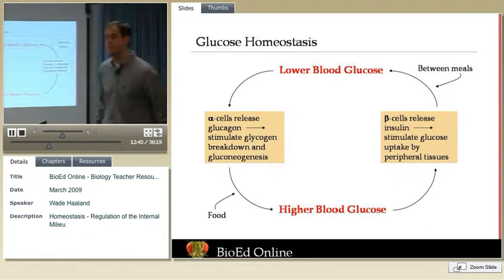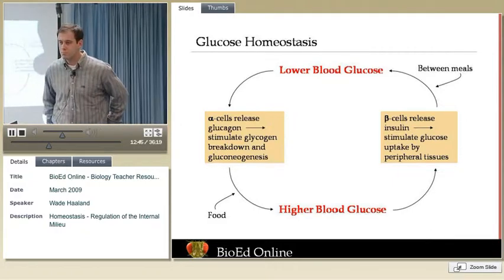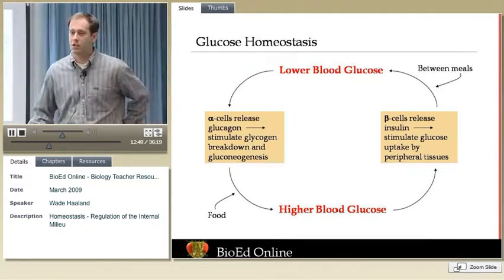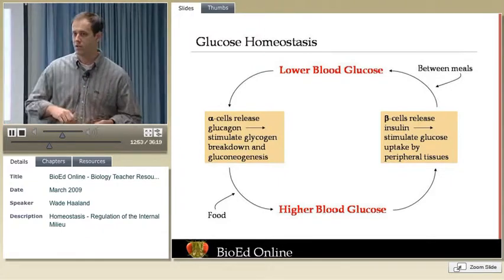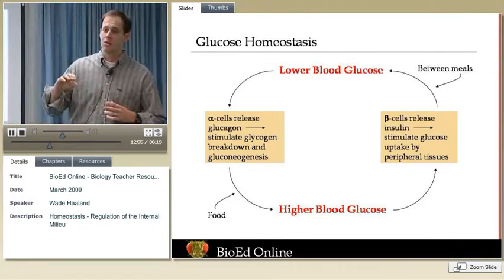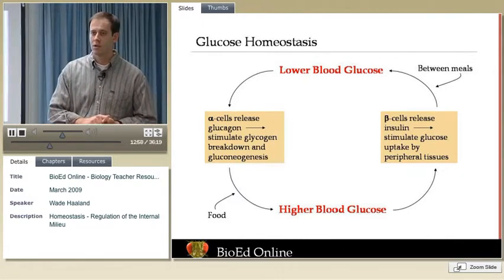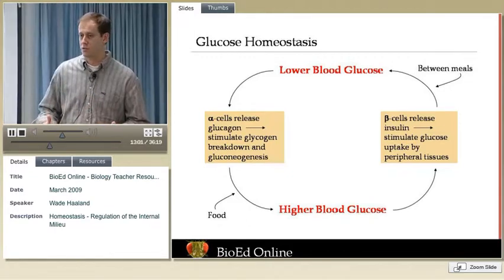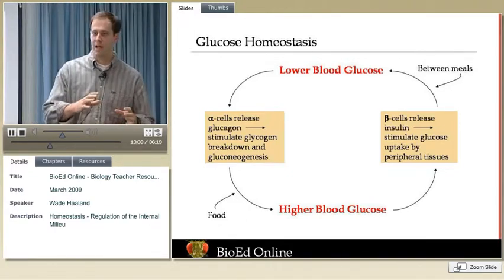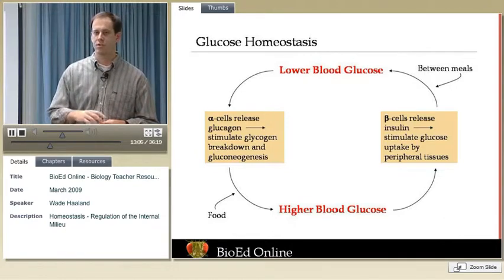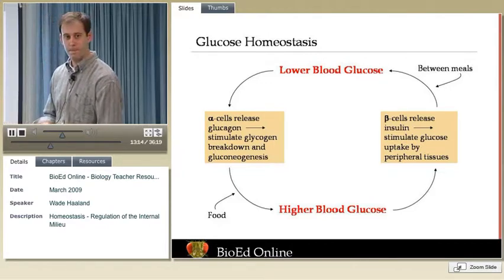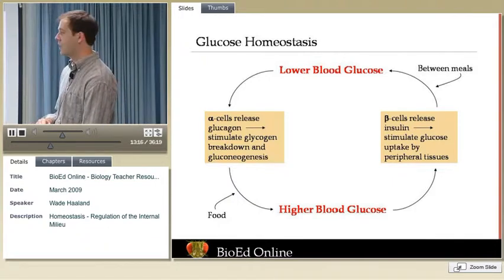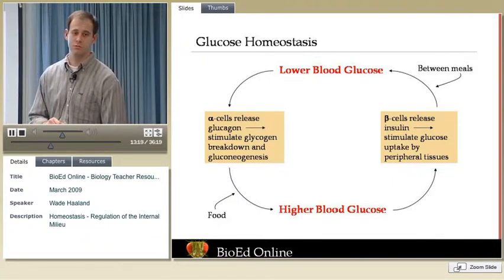What is the raw material for the liver to produce glucose? Excellent question. Glycogen. There's actually a couple of different processes that the liver can use: gluconeogenesis or glycogenolysis. You can break down glycogen into glucose. There's other ways that the liver can actually manufacture glucose, but the main source is glycogen. And that's usually the storage form of glucose. When we're not using it, it's going to be converted into glycogen, and it's stored in the liver. It can also be stored in muscle cells.